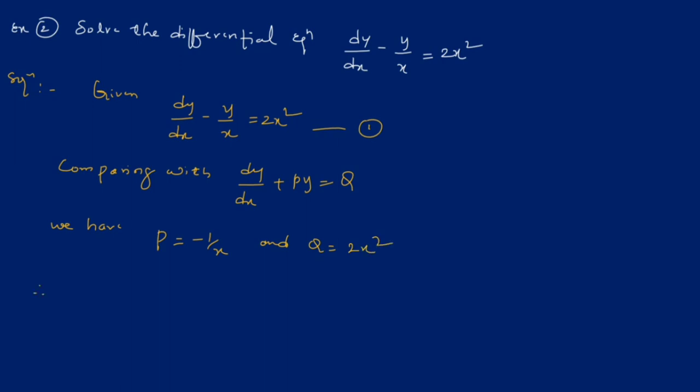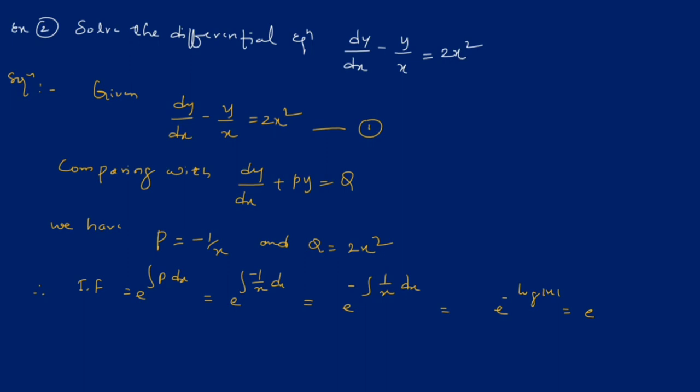Now we have to find the integrating factor, which equals e to the power of integral of p dx. That is e to the power of integral of minus 1 by x dx, which equals e to the power of minus log mod x. Taking the minus to the numerator in the power form by using the logarithm property,